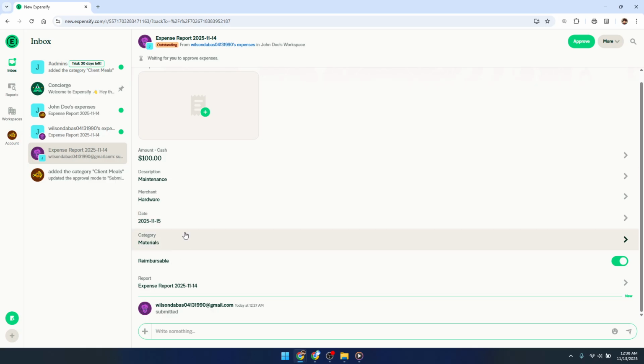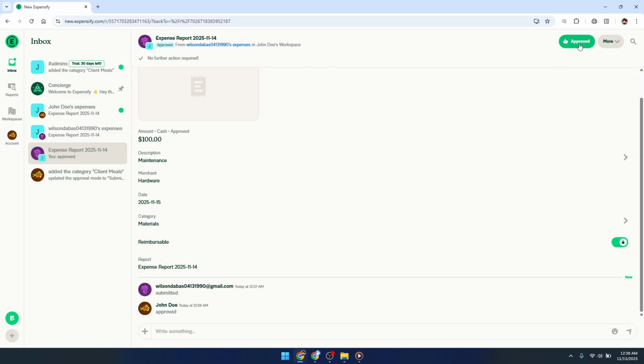finances. After carefully assessing all details in the report, if everything appears to be in order, you can proceed to the final step, approving the expenses. All you need to do is tap or click the Approve button. This straightforward action confirms your approval of the report, allowing it to move to the next stage in your organization's financial process. By approving the report, you acknowledge that the incurred expenses meet the necessary criteria and are ready for